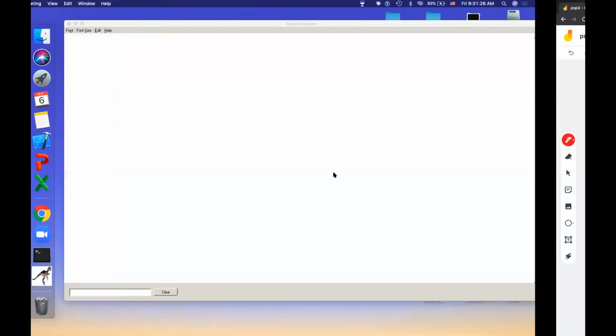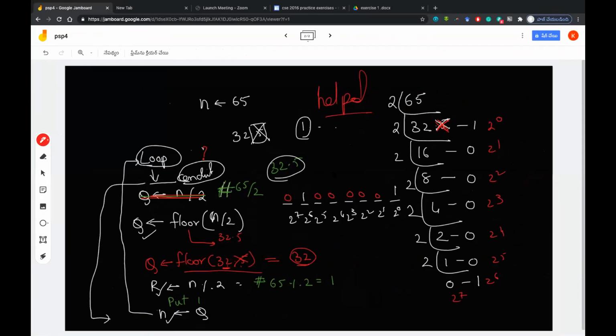See, Shreya, my condition is very simple. It is only about how many times you are repeating the loop, and every time you are checking whether n is passing out the entire bits. Actually, I thought of giving a condition that if quotient is equal to 0, then it should come out of the loop, but I was not able to do that. After you come out of the loop, before you end, you print it. Print the last one, right?